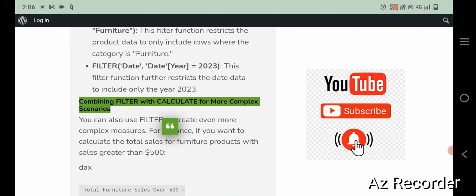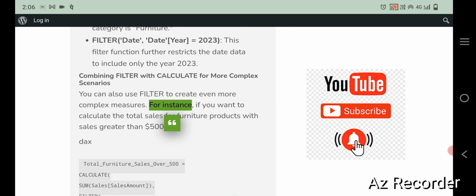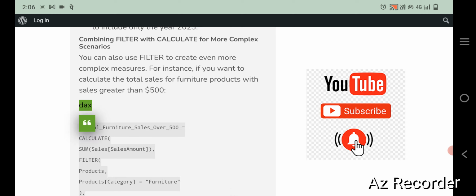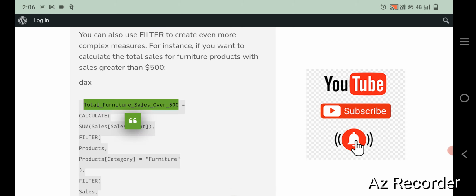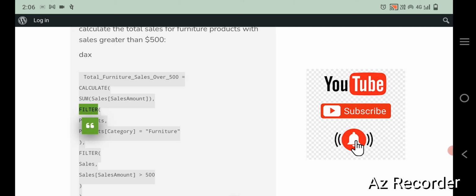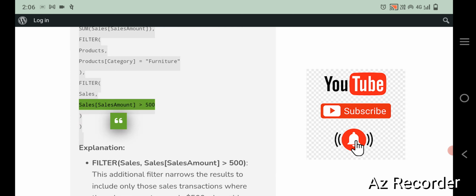Combining FILTER with CALCULATE for more complex scenarios. You can also use FILTER to create even more complex measures. For instance, if you want to calculate the total sales for furniture products with sales greater than $500. DAX: Total_Furniture_Sales_Over_500 = CALCULATE(SUM(Sales[SalesAmount]), FILTER(Products, Products[Category] = "Furniture"), FILTER(Sales, Sales[SalesAmount] > 500))